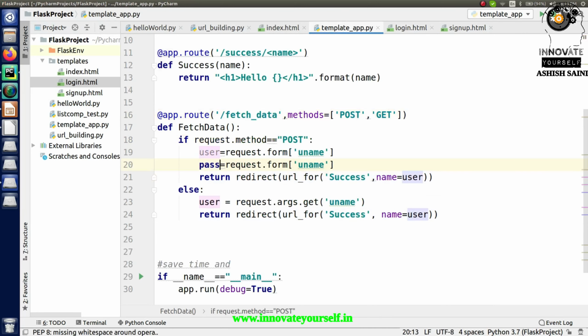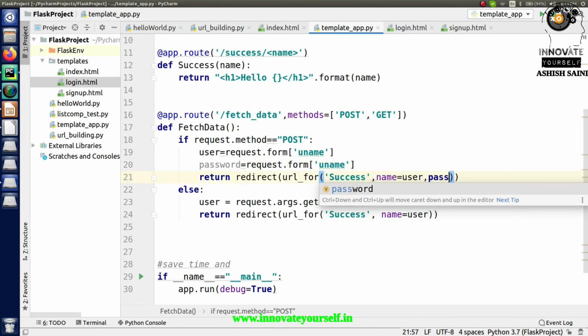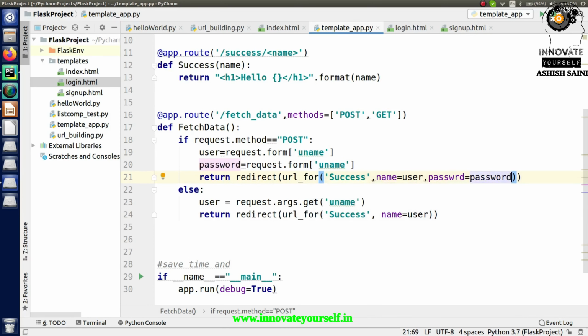So just take password, so this is the password for it, and also I will call the password equal to password. So this is what exactly I'm going to do, and this will be called as per this. So I will call this as password, right? Just copy and paste the same name, right? So just paste it here.